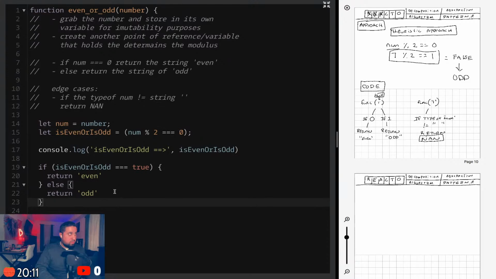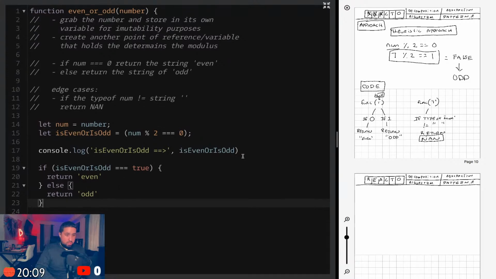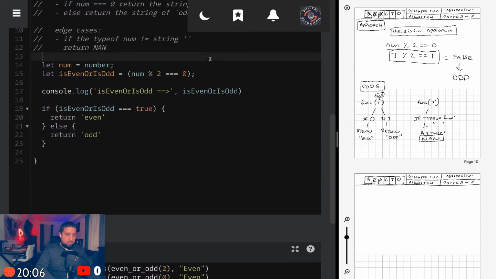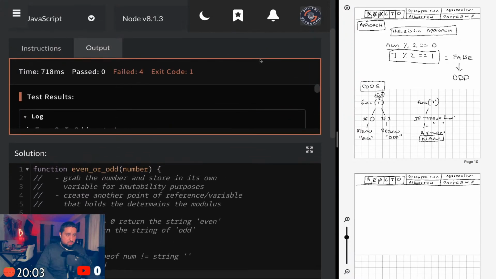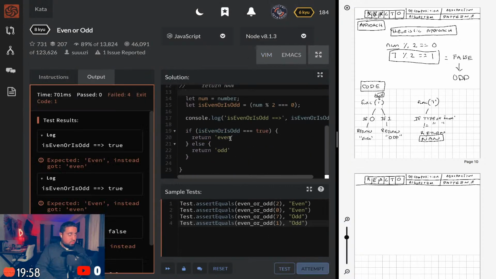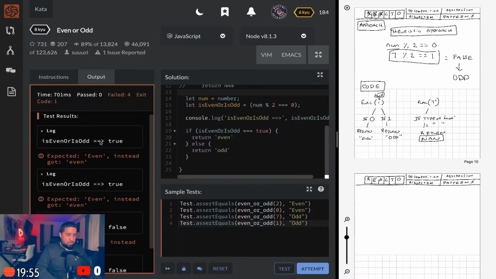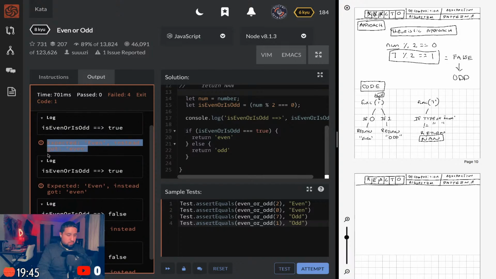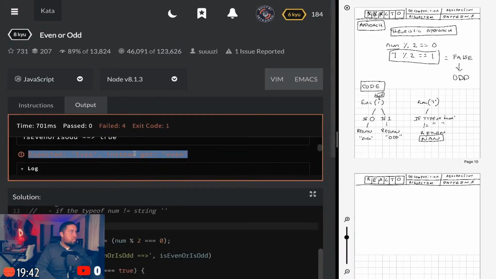Pop myself back in the screen. So that looks much better. So let's run this. All right, let's run it, test it, and see what's okay. So now I'm getting the same result. Expected even. Oh, the spelling. Oh my god, really? Look at that. Make that bigger for you guys. See that? They wanted a capital E and I gave him a lowercase e.